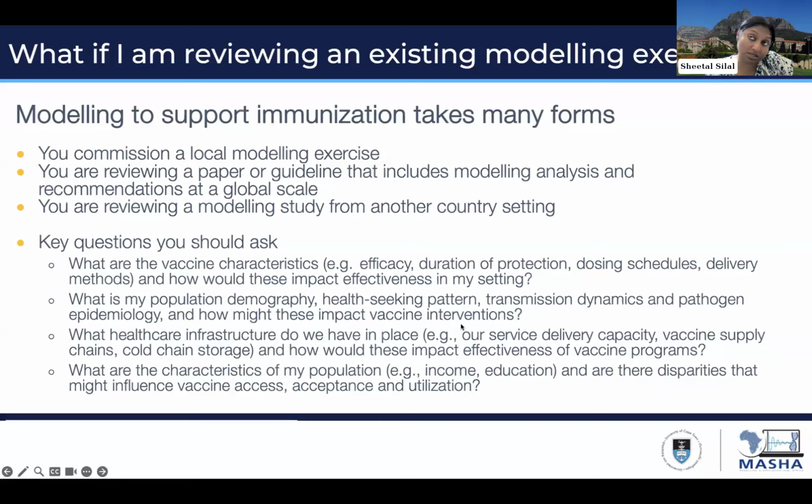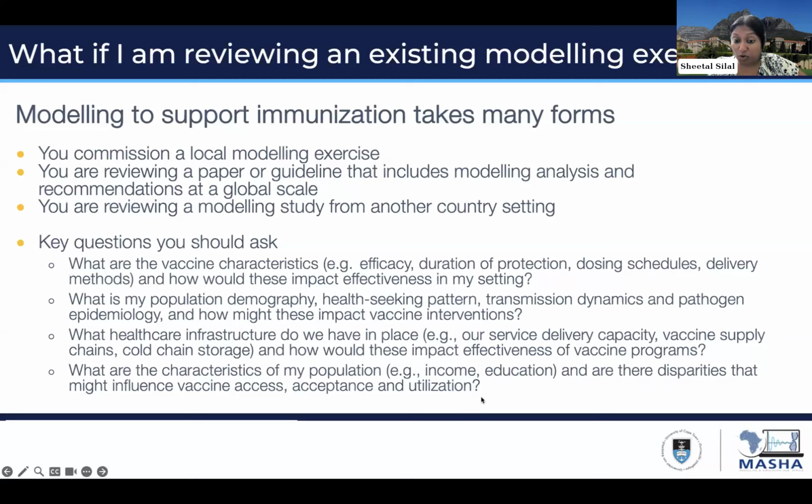We just heard in the previous study about the impact that declining birth rates in many countries and changing demography, should I say, in many countries in the future would have on CRS estimates. And so not all countries would necessarily, just for the sake of demography, have the same impact from vaccine interventions. Health infrastructure also matters. So did the study deliver the vaccines in the same manner that you are thinking of delivering the vaccines in your country? Does that have an impact on coverage, on cost particularly?